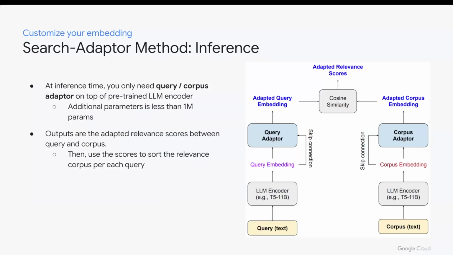Yeah, and it's pretty small. It's less than 1 million parameters overall. So is performance the only incentive to go for customizing the embeddings? I mean, obviously also domain relevance and stuff like that, right? But yeah, performance definitely improves quite a bit, especially when you have a custom data set that, let's